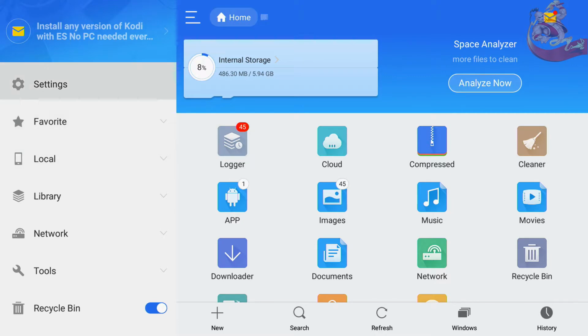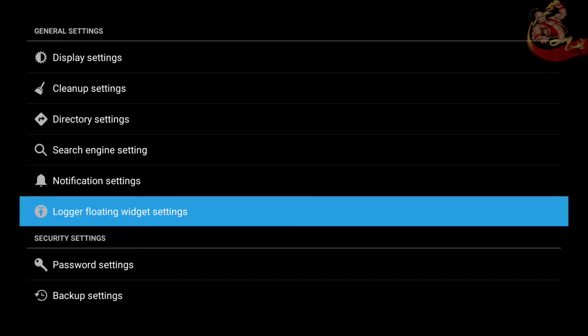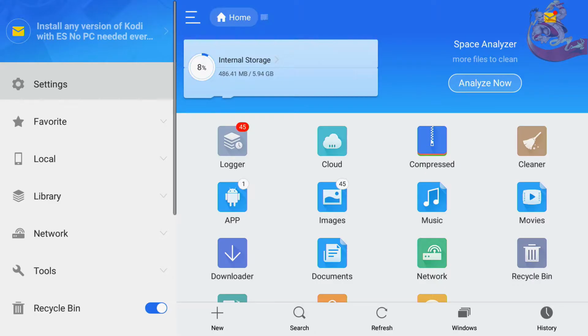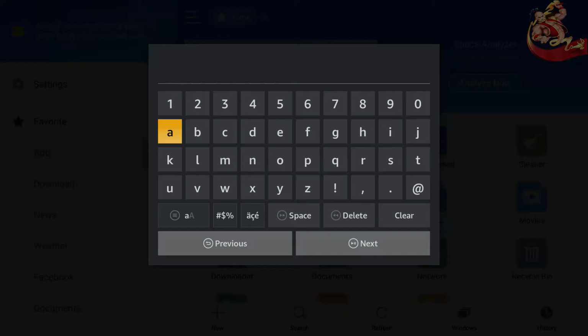Alright, the first thing I do is I come over to settings and I go to this logger floating widget, and we're going to uncheck that. Otherwise you're going to get this round circle thing on the right hand side of your screen, and it's just annoying, so I disable that. Now what we want to do is come over here to favorite, and we're going to click add. Alright, and in the path you want to type this web address, http://